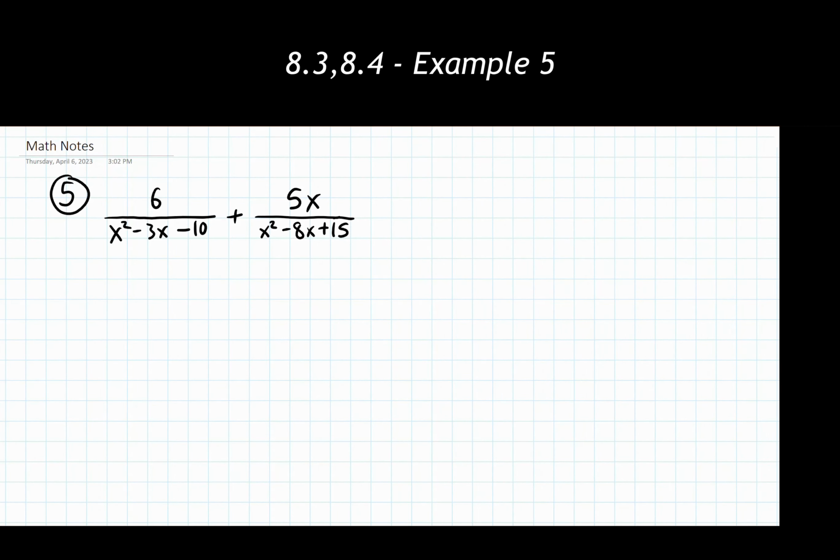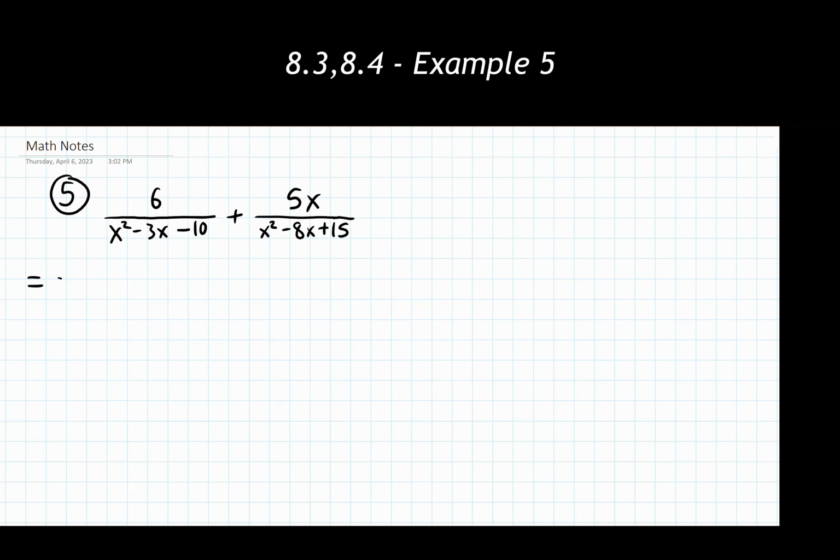Looking at example 6, we once again have two different denominators showing up here. So we're going to use the different denominators process. Step 1 says to fully factor the denominator of all rational expressions. So factoring the first denominator,